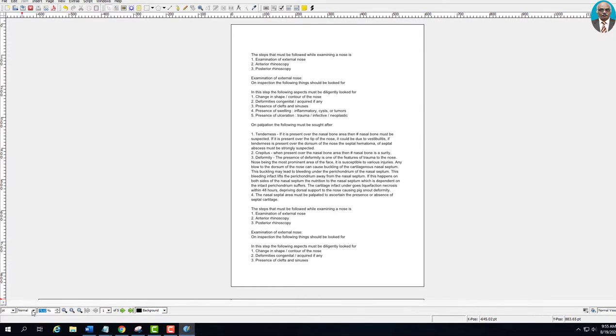Now here, if you want to see the images in the normal resolution, choose normal, or to view the images in high resolution, choose high. If you want to view the images under low resolution, choose low. This will be useful when your system is low on resources, low on RAM. If you have a machine with low RAM or a low end processor, it will take a long time to load if you choose high or normal. So supposing you choose low resolution, the page load time will decrease and the page will load faster. So that is the reason why this feature has been provided in Scribus.